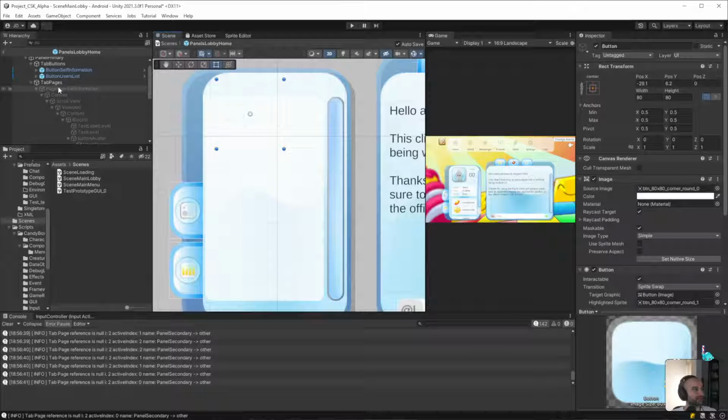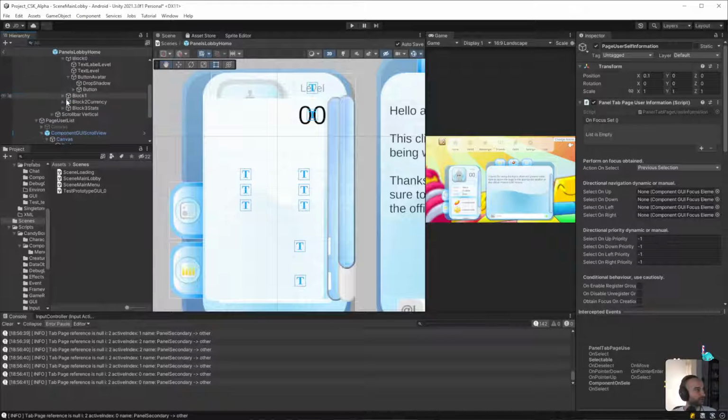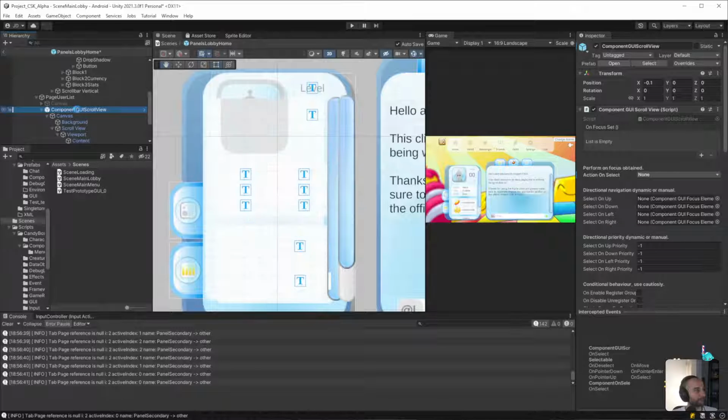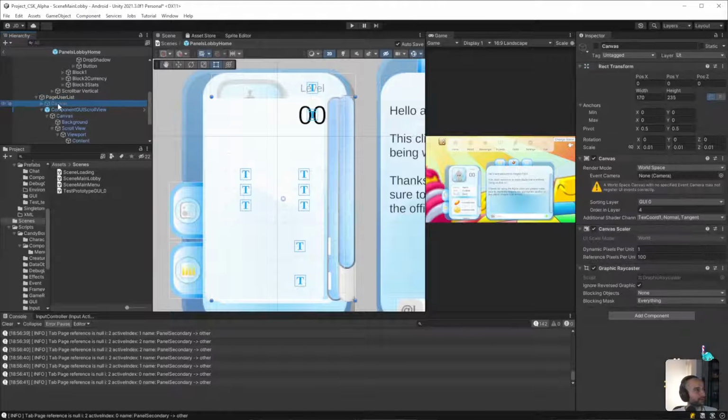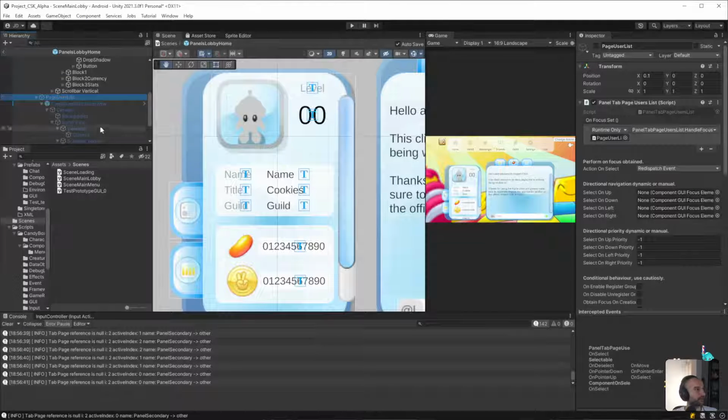Actually, now that I think about it too, the player user information is using the old scroll view. But the old scroll view is a different version of it. So I don't think it needs, I can remove that. Hide that.